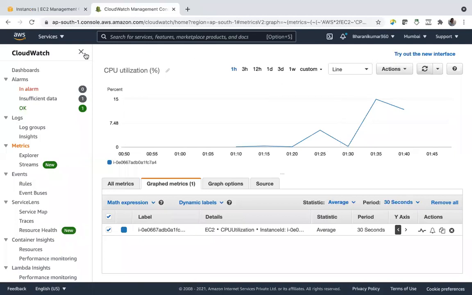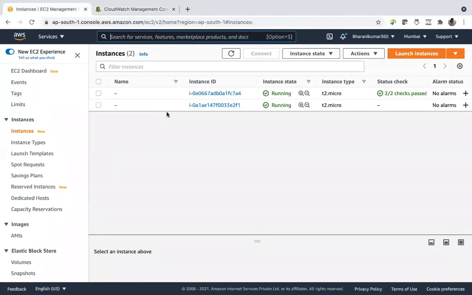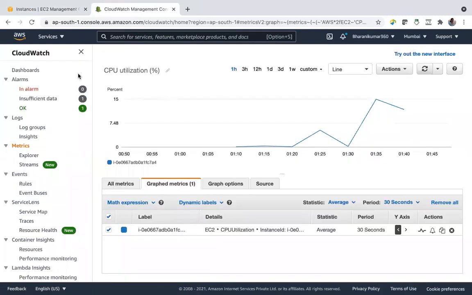Why is there no increase? Because there are two instances, right? Two instances are there, but this is related to my instance. This instance, there has to be an increase.